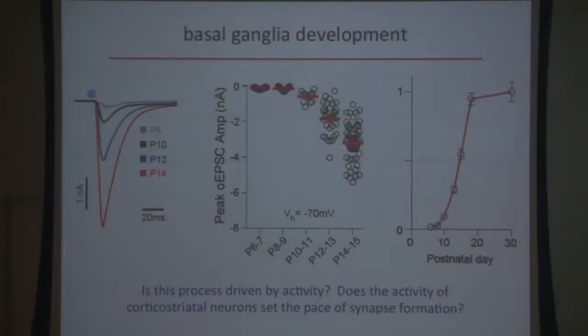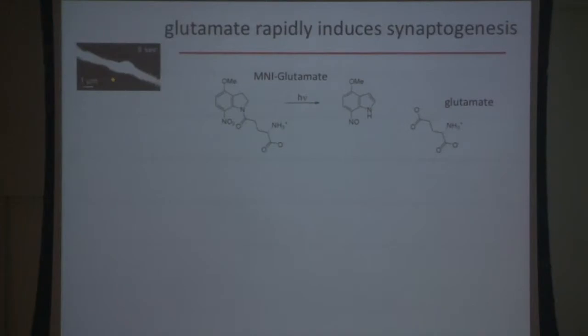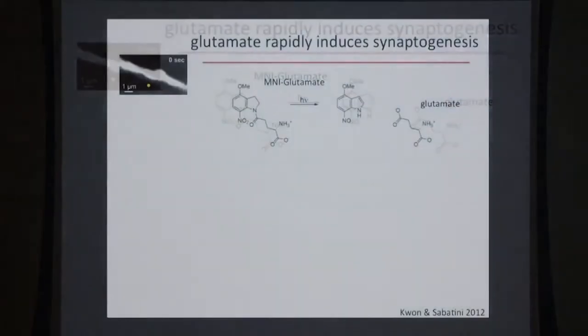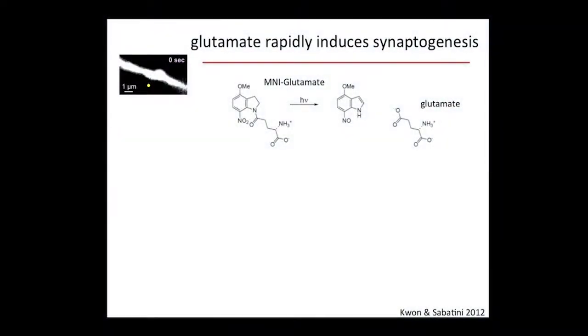Okay. And so the first question is, is this actually driven by activity? Does the activity of corticostriatal neurons actually set the pace of synapse formation in this downstream structure? And the reason that we thought this might be true was because of a study we had done a few years ago in which Hongbae Kwan, a postdoc in the lab, had shown, in this case in cortical layer 2-3 pyramidal neurons, but I'll get to the striatum in a minute, he had shown that by